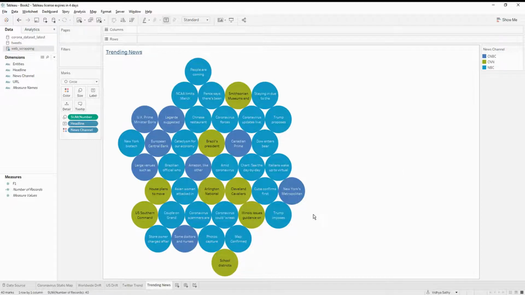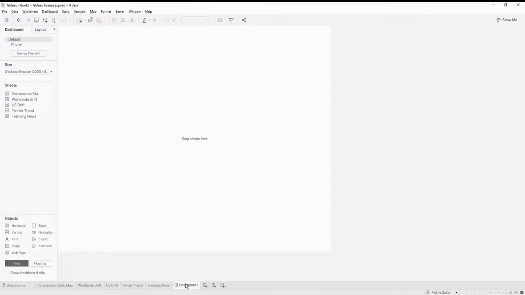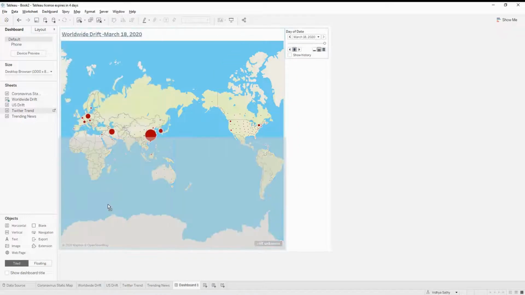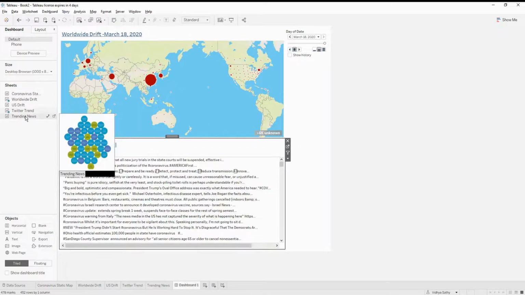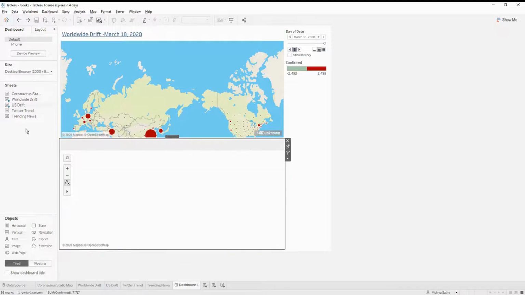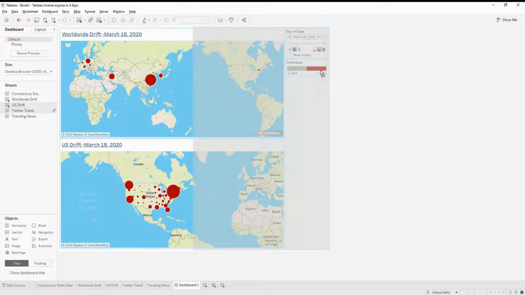We have created all the required elements that we want in our dashboard. So now it's just going to be the dashboard, probably what we are all looking forward to. When we have the dashboard here, we're going to include all the required sheets. So let's add the worldwide drift, and then the US drift, the Twitter trend,